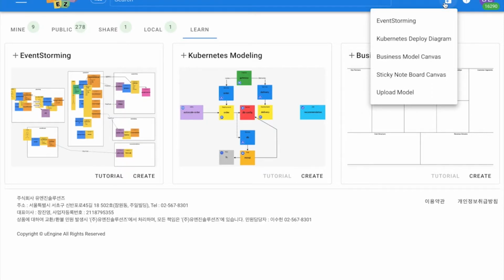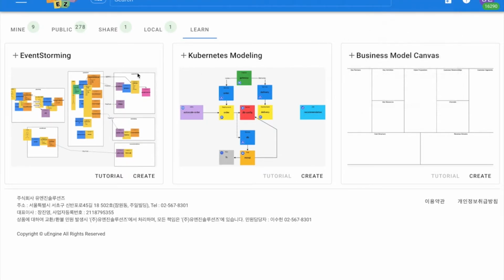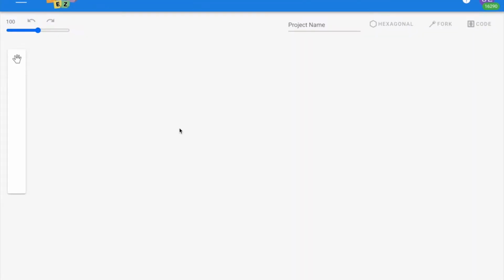You can access the menu here, or you can access the shortcut from here, and you can click create to create your own event storming model first. And then you can see some colorful stickers on the left with an empty workspace like this. And then the very first step you need to do for event storming is to identify